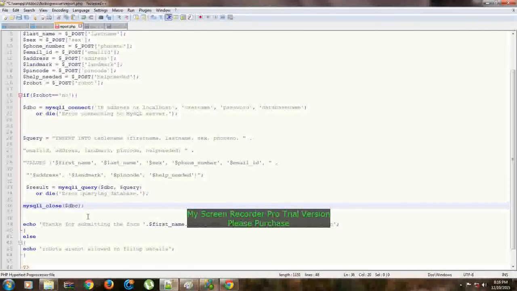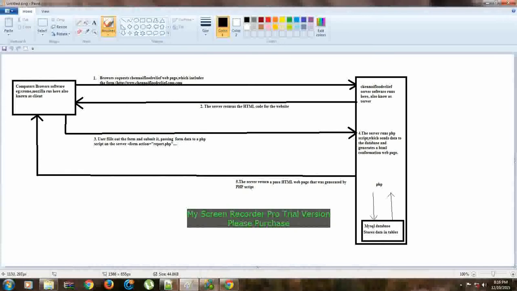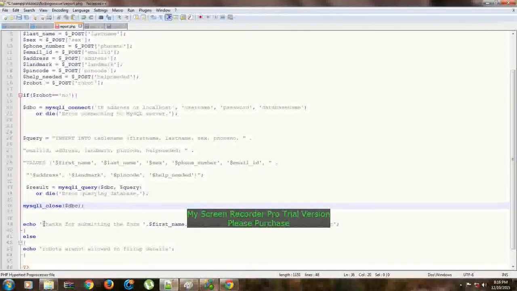After you close the connection, you are getting something in return, right? You need to save the data to the database, and after that the server returns a pure HTML website that was generated by the PHP script. So this is what is generated by the PHP script. It's confirming to the user that the information he entered in the form is saved perfectly.